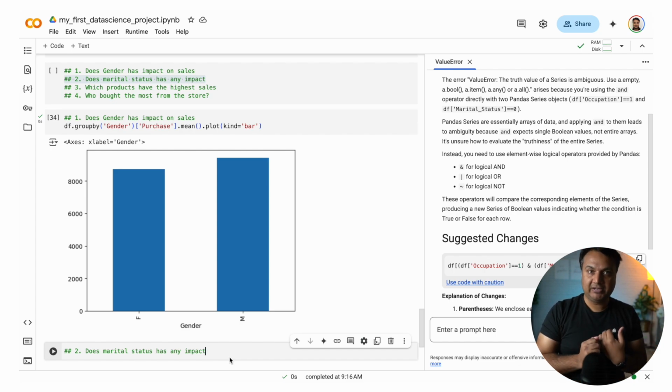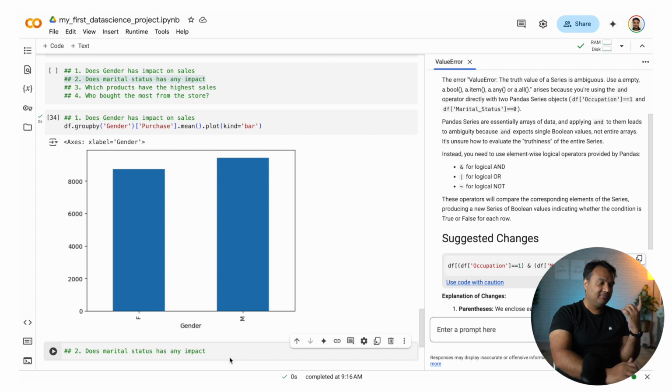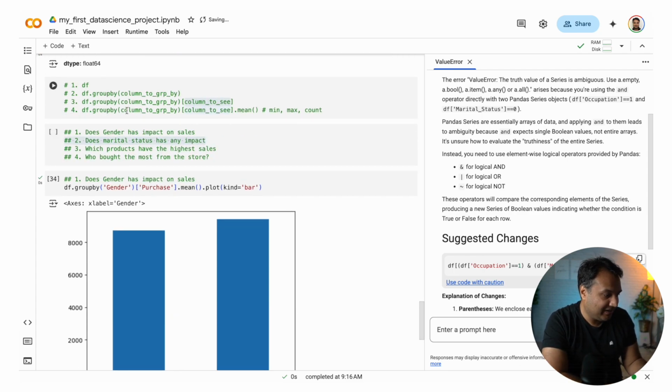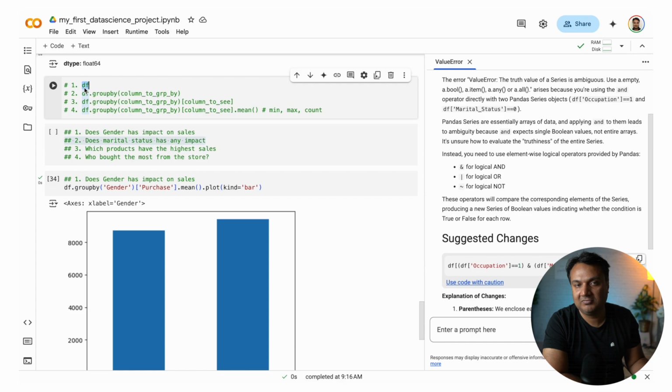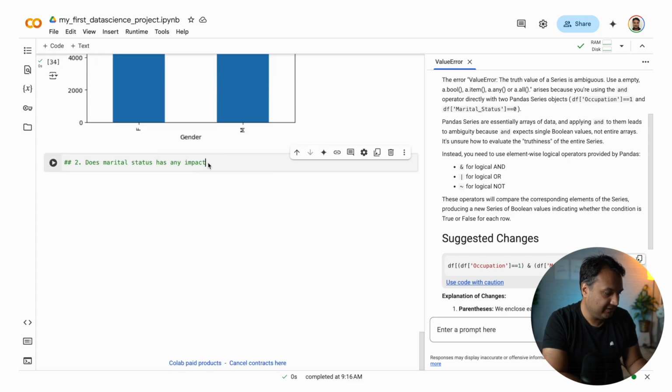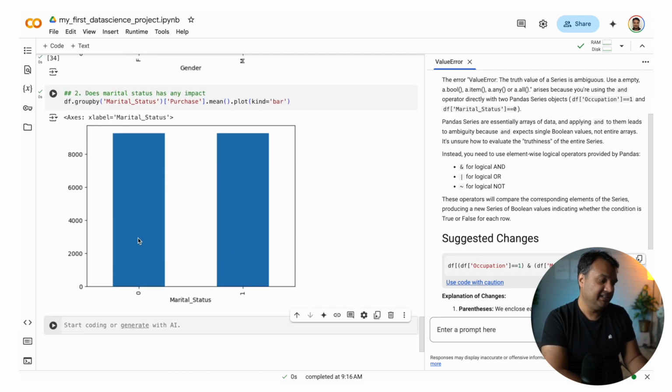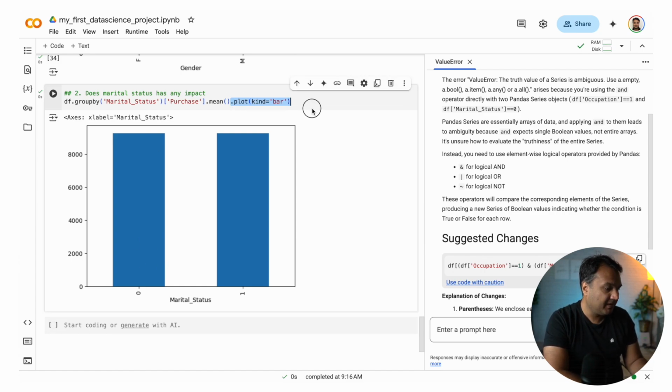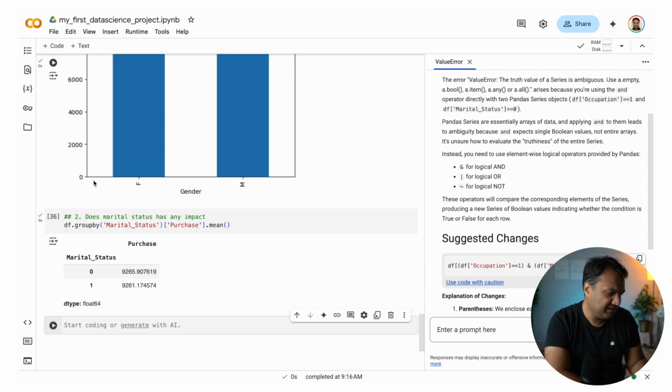We want to see for each marital status, how much did they spend? And again, going back to this example, the data frame is what we want to use. We want to group by marital status. The column we want to see is, again, purchase, and again, mean value. Let's see if it is able to help us fill that. It does. So we can see, actually, there's not much difference. Unmarried people, let me remove the plot and see. Yeah, very similar. Unmarried people spend a little bit more than married people. Could be by chance. So nothing we can say